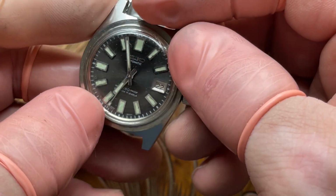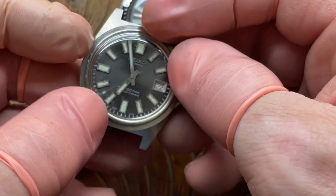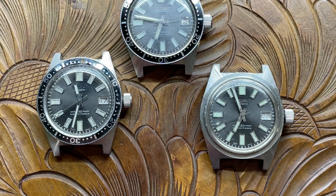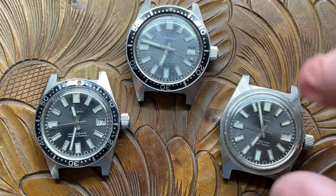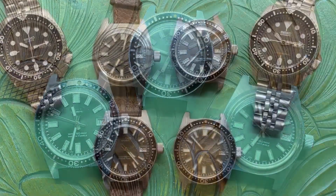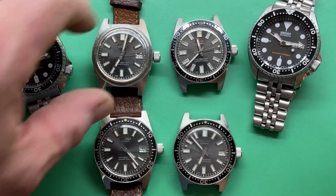This will clean up nicely. It has that nice rumbly fill in the clean lighter blue. Yeah, that'll clean up nicely. Well, I sure wish I could get to my stuff, but I can't. Okay, that is about that. Thanks for this brief look at these 62 MASs. Good times. I was able to get to my watches, so we now have 2, not 1, but 2